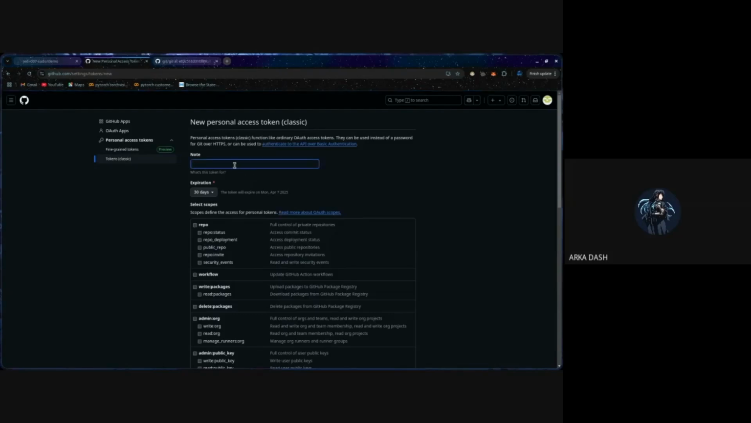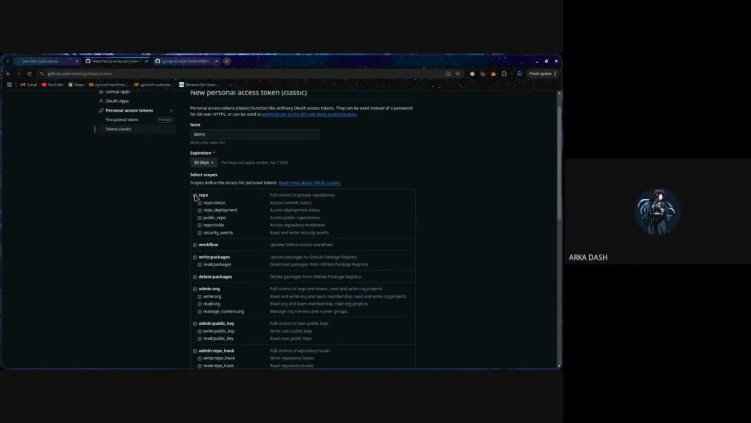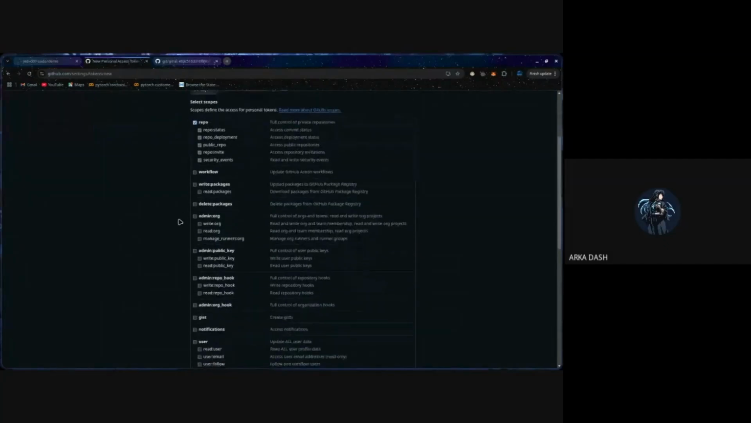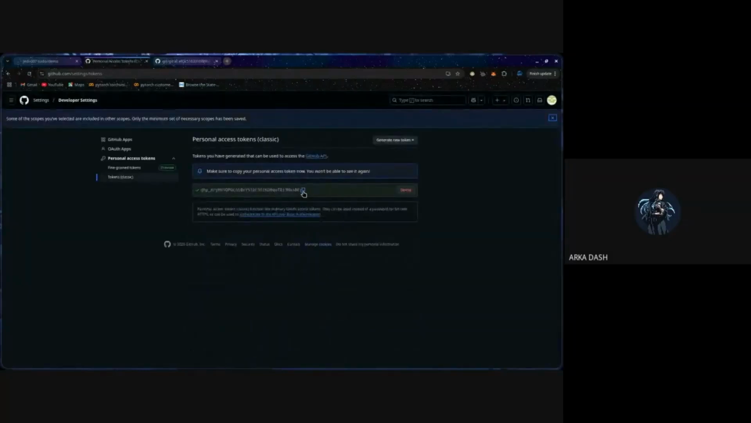You can give it a name. Just give it a demo name. You can set the expiration date. Just give it access to the repos and give it admin access as well. Now let's generate the token. This is the token generated. Now let me show you